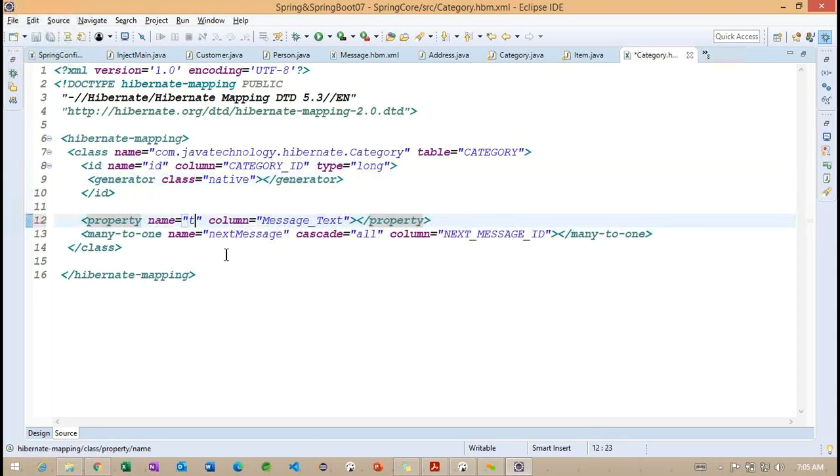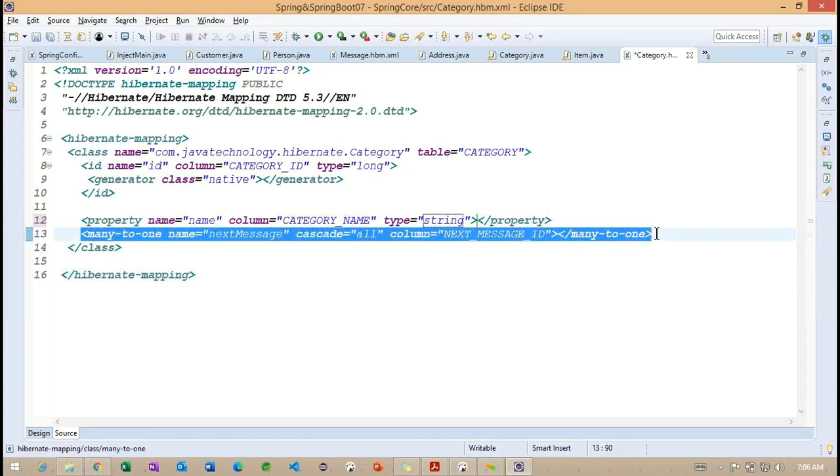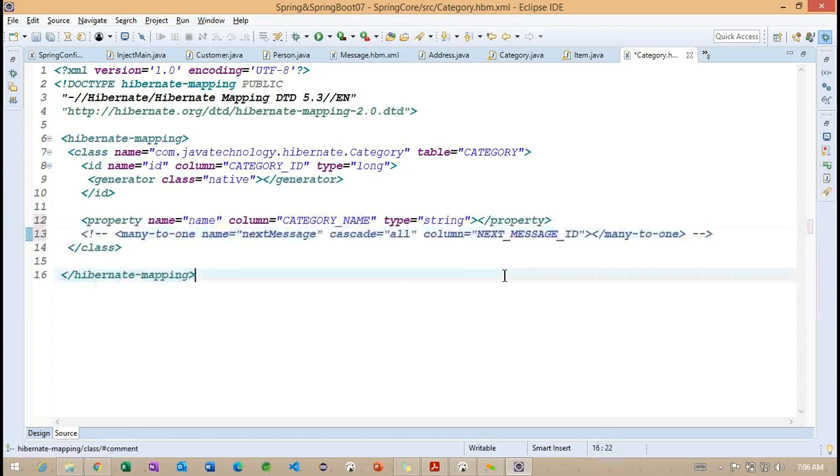The first property we already identified is called name. And the column also, I want to specify something called category underscore name. What is the type we are having here? The type is string. As of now, we are not going to work with many-to-one.